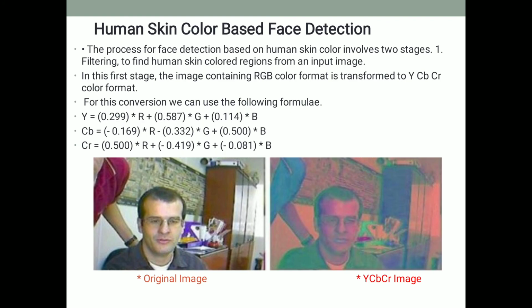Human skin color based face detection is done by the following formulas: Y, CB and CR. Actually the RGB color format is used because red, green and blue are the most used colors in this face detection technique.